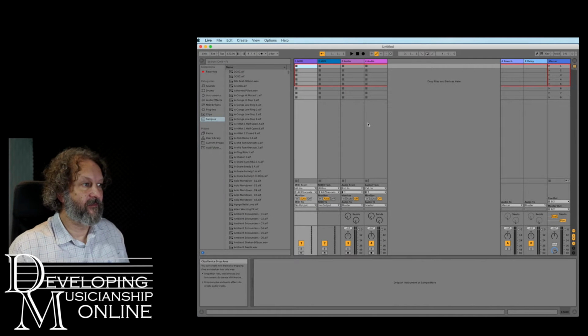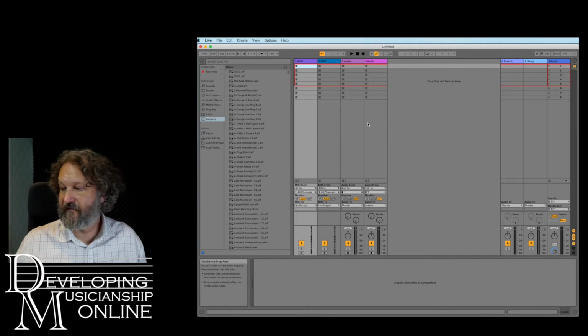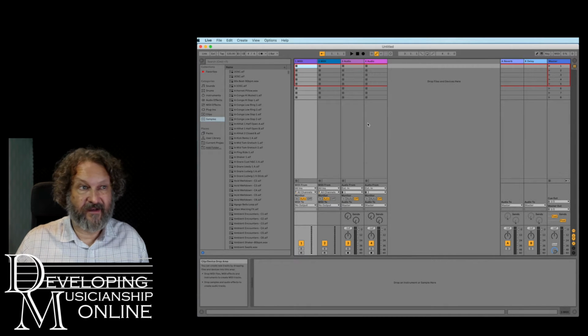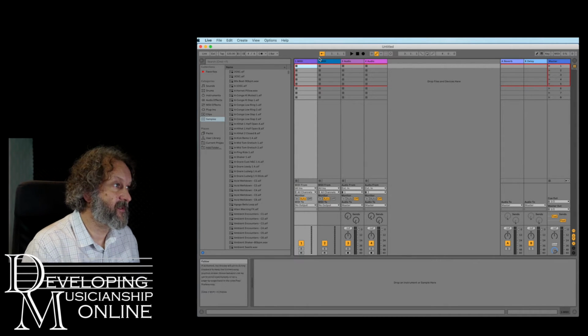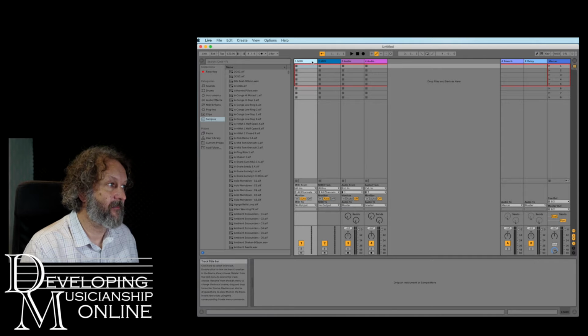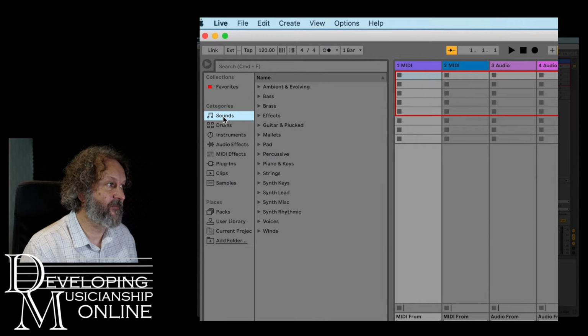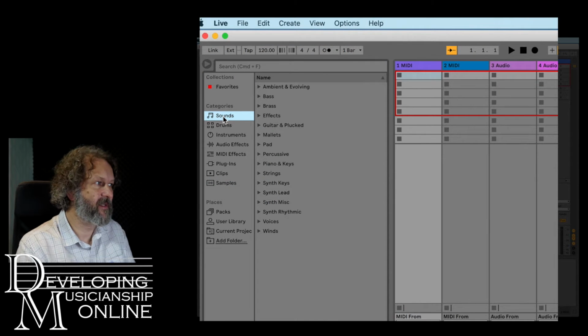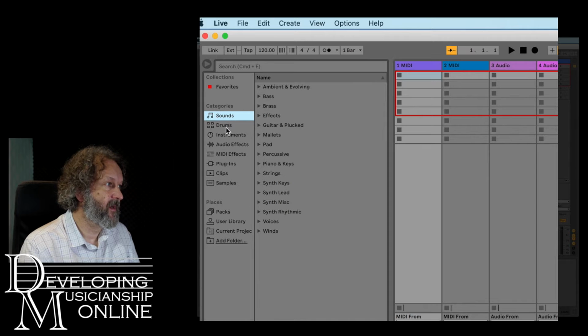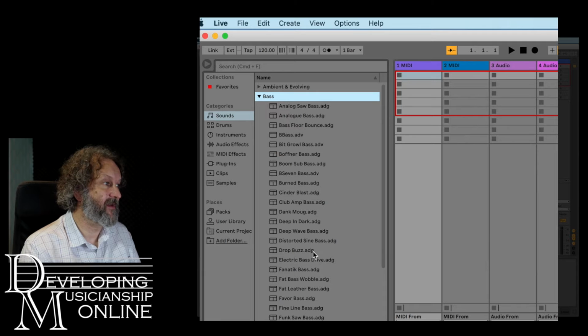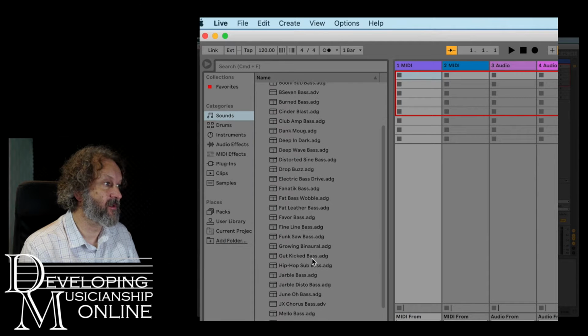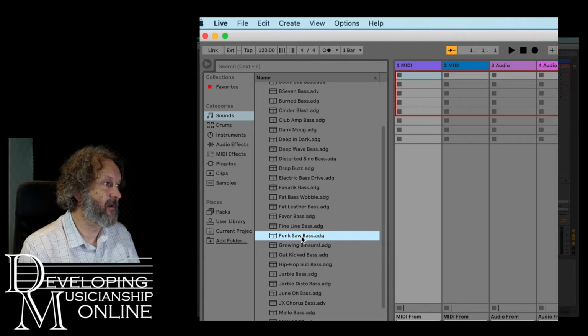Okay, so from this point we should have the MIDI connectivity. However, we must assign sounds to our MIDI tracks. So the MIDI itself comes up just as an empty soundtrack. So we need to pick things, and what you really want to do is not be doing this on the fly. You want to basically have decided what it is you're going to use for your different sounds. So maybe